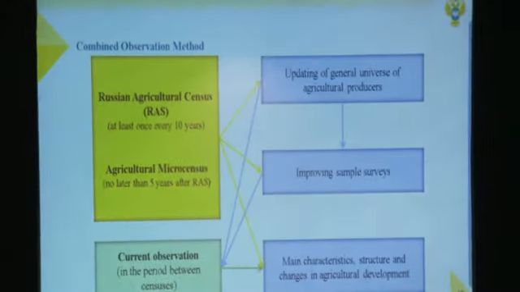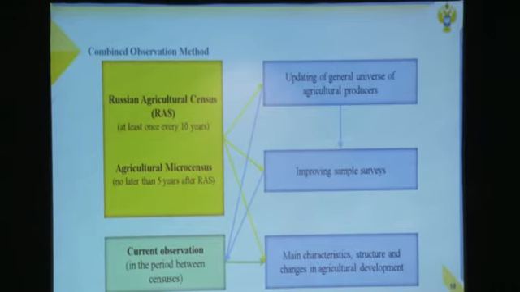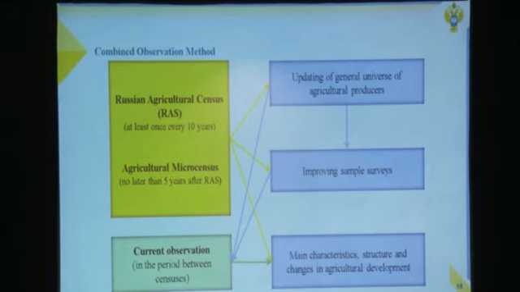We use a combined observation method. At least one time in 10 years, the Russian agricultural census is conducted. The work results in refined characteristics, structure of agriculture, and changes in the development of agriculture in the period between censuses. For this, a lot of work is being done to recalculate the time series for the whole country and